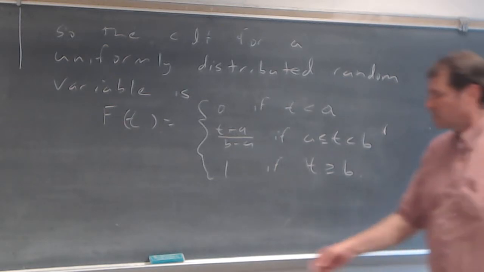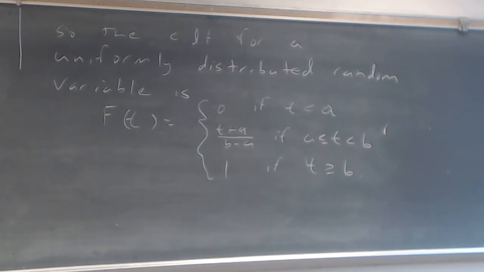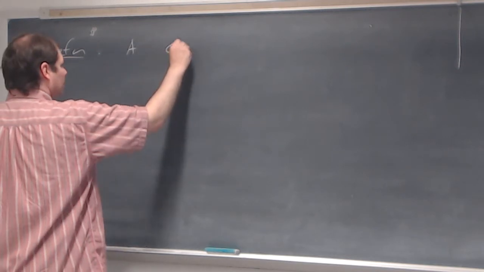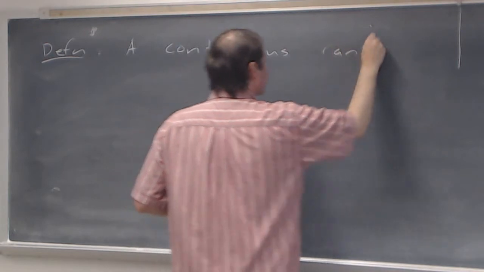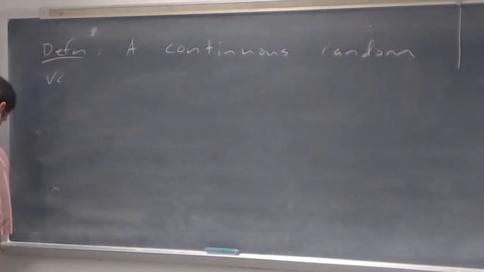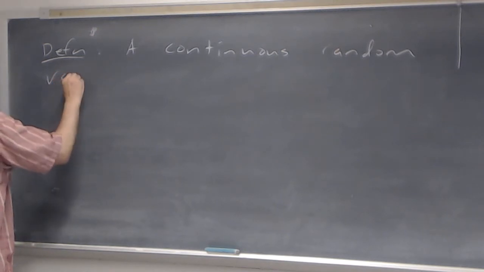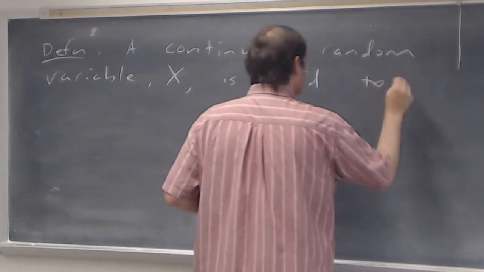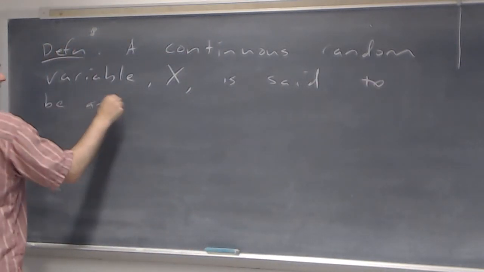Well, the next continuous random variable that I'd like to look at is one that's called an exponential. So the definition for an exponential random variable is the following. Definition: a continuous random variable x is said to be an exponential random variable